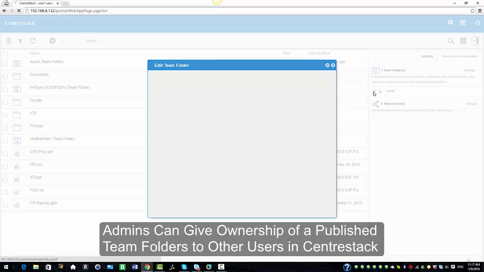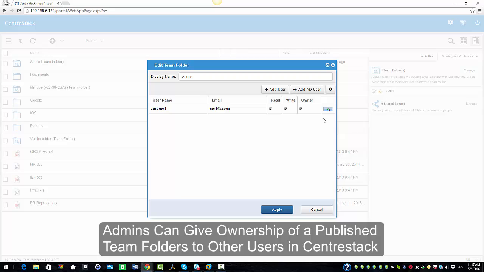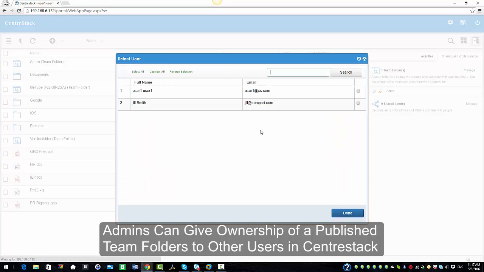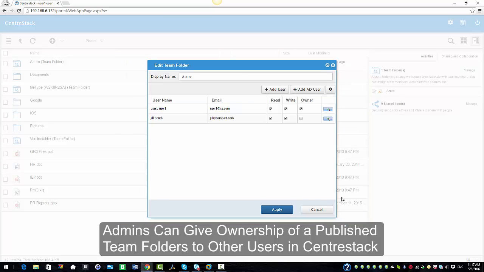So I'm going to go ahead and select on the edit, and now this user is able to add more users. So I'm going to go ahead and add another user to show you. I'm going to select Jill at CompArt and apply. And you could also add AD users, and I'm going to click on the advanced setting tab to show you